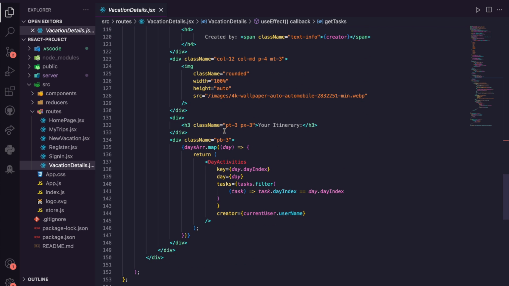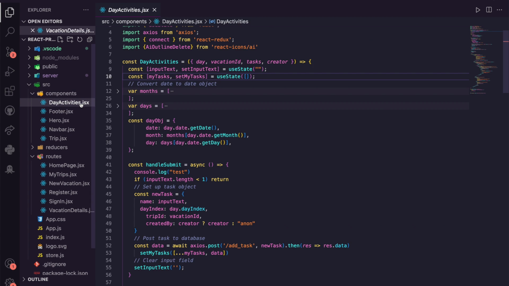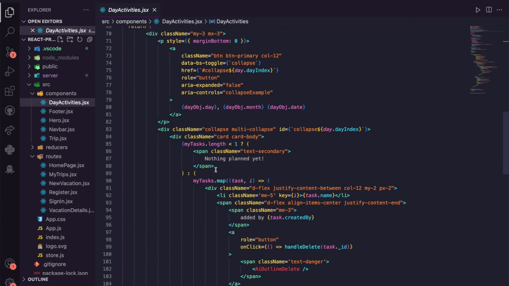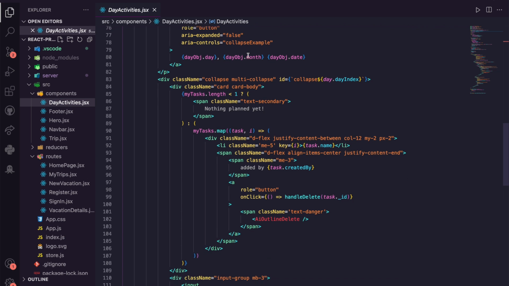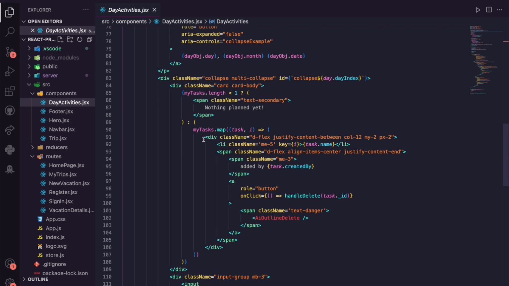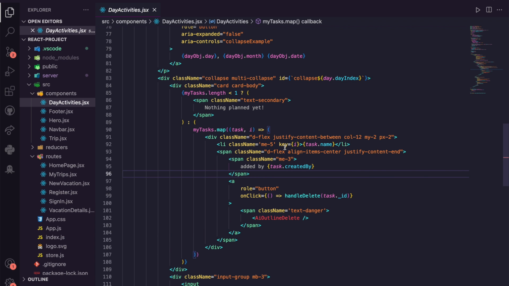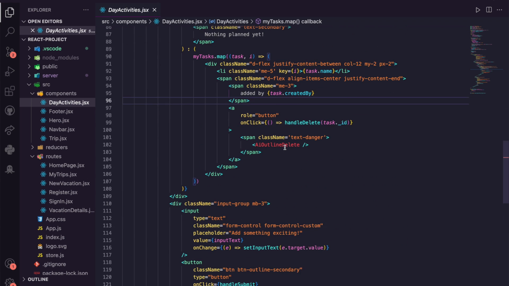And in here, we have a day activities component. So for each day of the vacation, we are going to make an itinerary. And then in that itinerary, if we go to our day activities component, here we have the list of activities. And then here we have the ability to load each task. And the way that we do that,